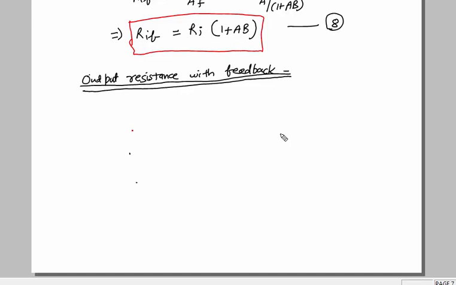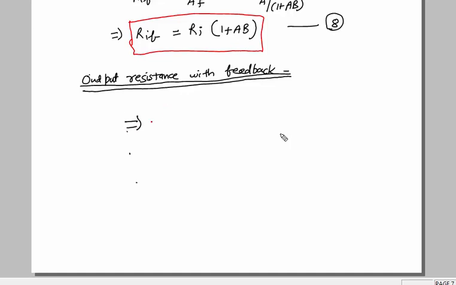So the applied external voltage is a known voltage, and we will measure the current, and the ratio of voltage to the current will be the resistance. Okay, so to obtain the output resistance with feedback, reduce independent source V in to 0, apply an external voltage V naught, and then calculate the resulting current I naught.